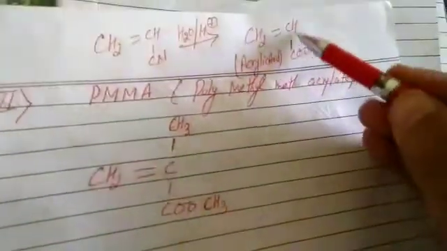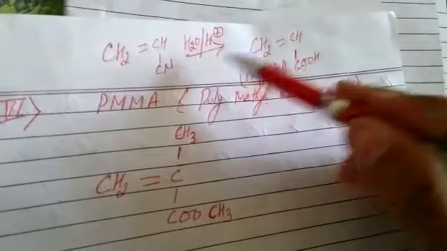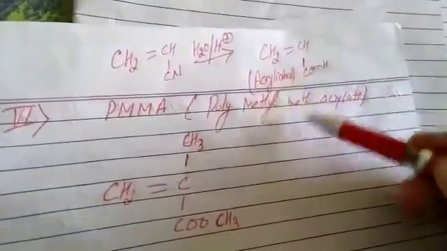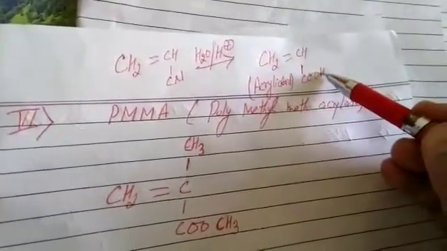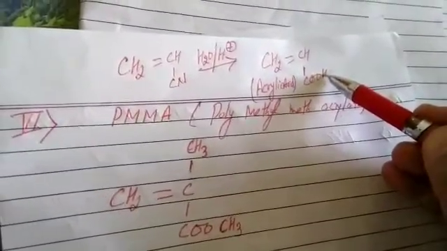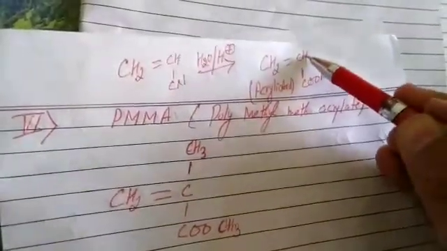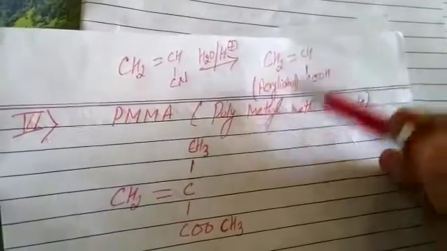At first it is acrylic acid. It is obtained by the complete hydrolysis of acrylonitrile, so it is called acrylic acid. Replace H with C2H5, we got ethyl acrylate. With CH3 we got methyl acrylate. But it is methyl methacrylate. It means again substitute the hydrogen atom with methyl group.